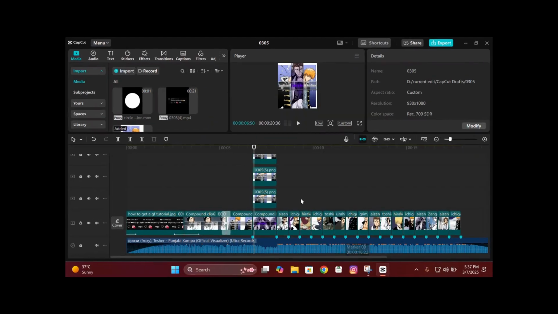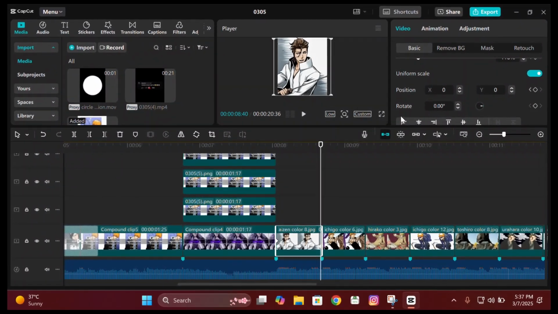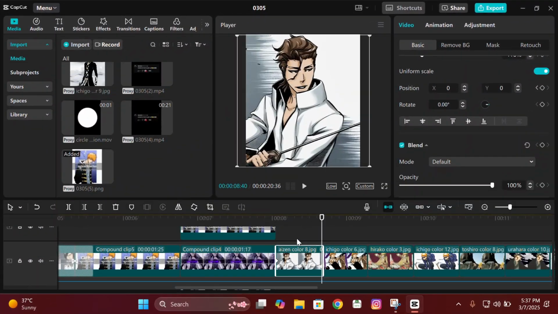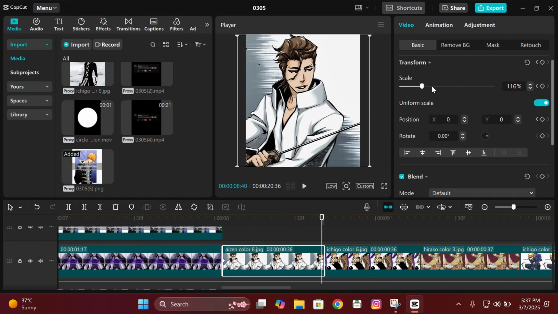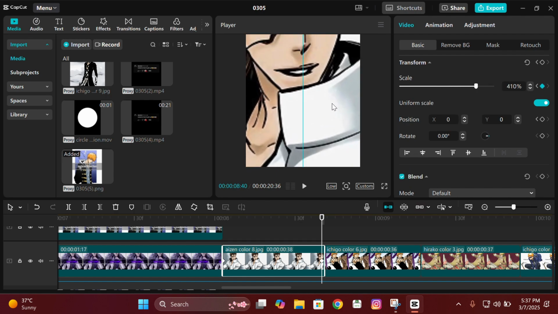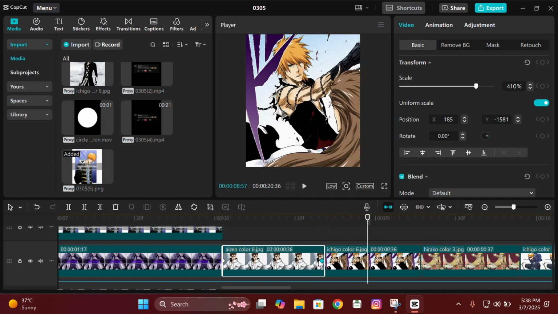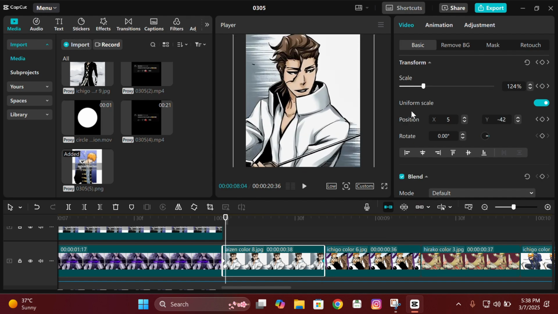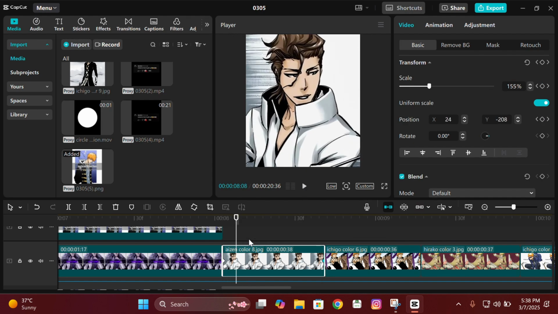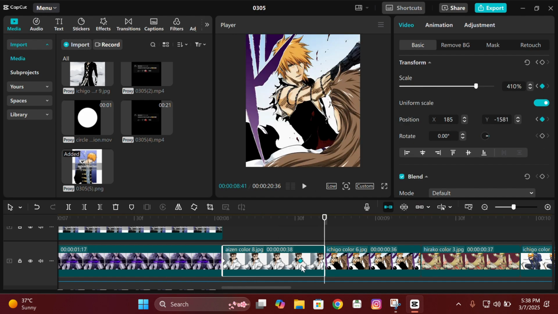Okay, so guys, now let's move on to the panels. For the zoom ins and zoom outs, what you guys are going to do is add a scale and X and Y keyframe at the starting, then go to the end. Now, if you want to add a zoom in, what you have to do is just add a lot of zoom in and move the screen to the face, just like this. And now if you have added zoom in to this picture, what you have to do is go to the starting, then go a little bit forward till you see this frame is more than enough zoomed in, then add X and Y and scale keyframes there. Now what you have to do is drag this keyframe a little bit close to the end of this picture,